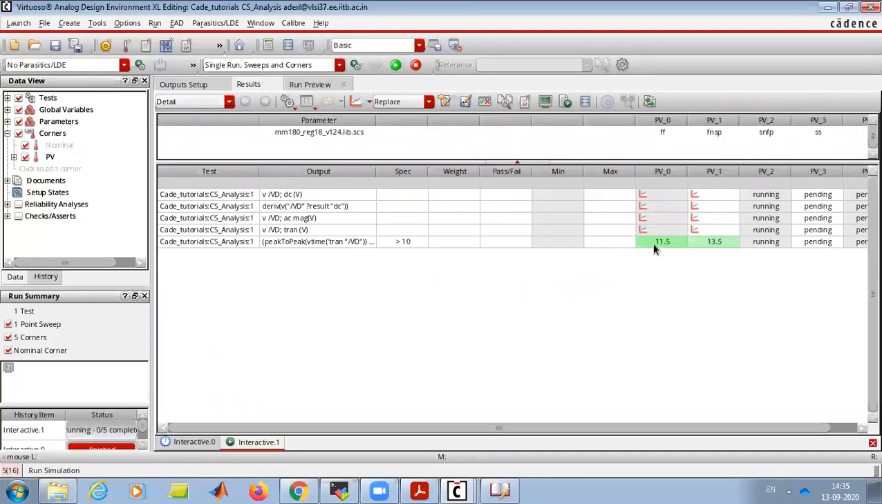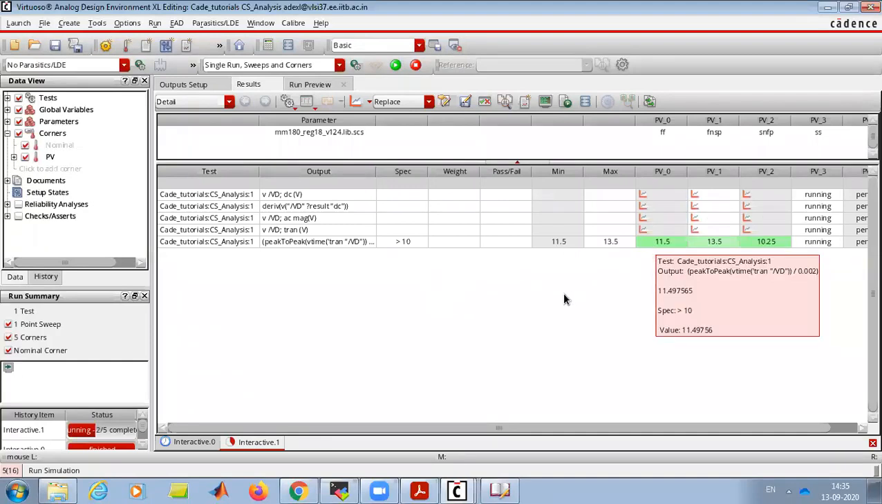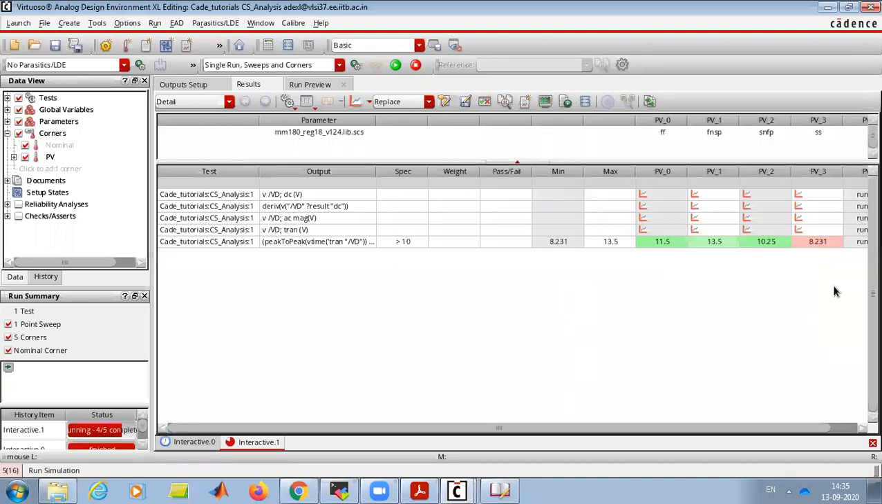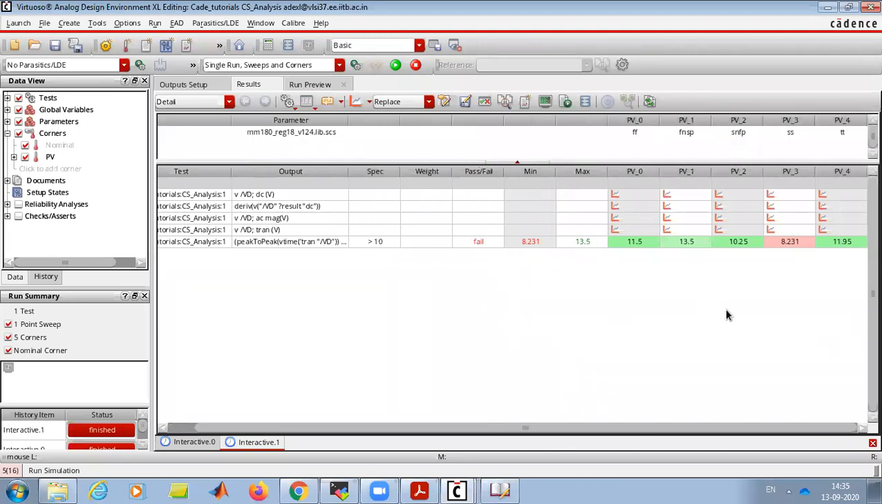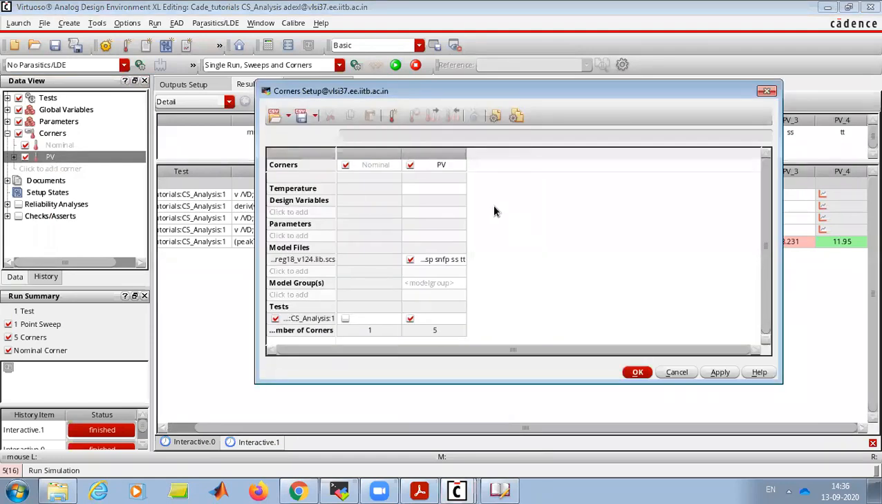you can see this green color means that our specs have been met. This red means it's not met, and this pass and fail is there. Since it's only 5 corners we have tried, but even if 1,000 corners are there, just this min max and this fail pass can provide us the information like where it has failed. We can check manually each and every corner. So this was process variation, and now we have other